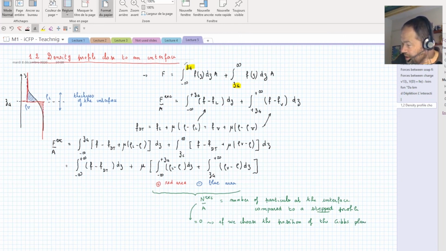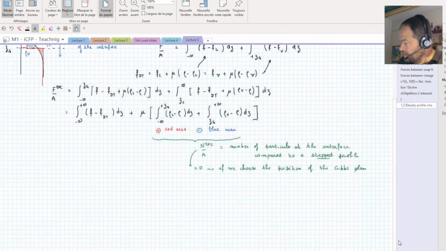So here at the beginning, the Gibbs plane was an arbitrary plane. And here I say that a very common way of doing this is to say that on average, there is no particle at the interface, which means that we say this quantity is equal to 0. So if we do that,